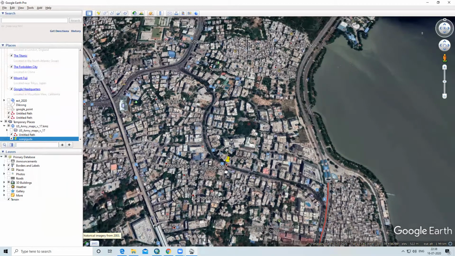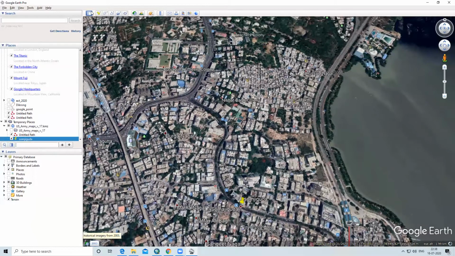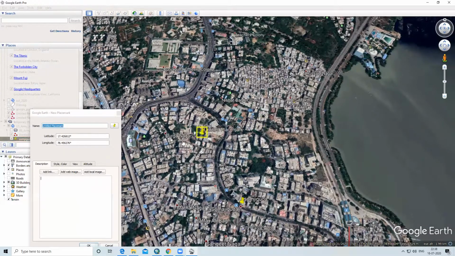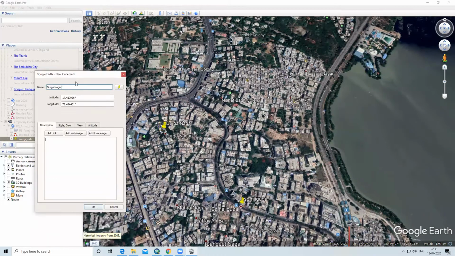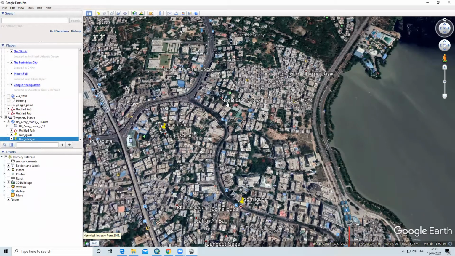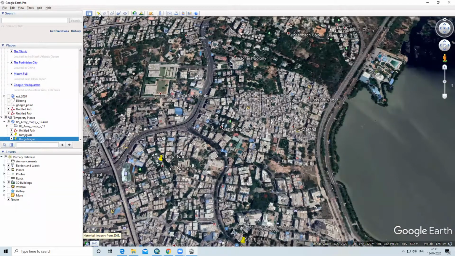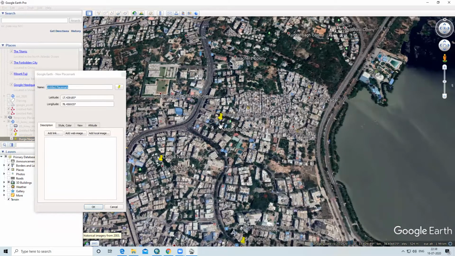Again, if you want to show another point, this Durga Nagar, we'll go to add place mark and we'll replace the name with Durga Nagar. Nishant Bagh Colony. Like this you can digitize line, point and polygon.